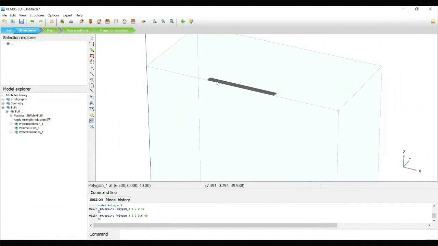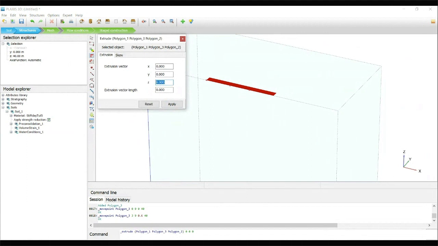So now we need to make volume. So we can convert the surface to volume by using the extrude tool. This is very powerful. You can convert point to line, line to surface, and surface to volume. So anything you can modify by using the extrude object. You can choose multiple objects by pressing the Control key. So now I chose all three objects. Now we just give the extrude. In the extrude direction, Z direction minus 30 meter. So just enter and apply.